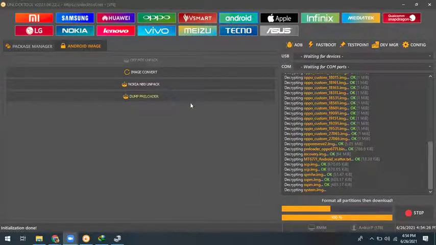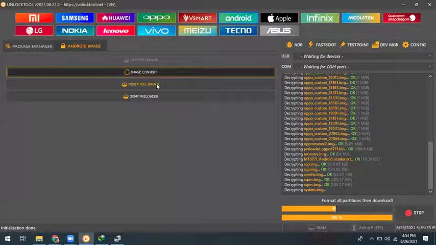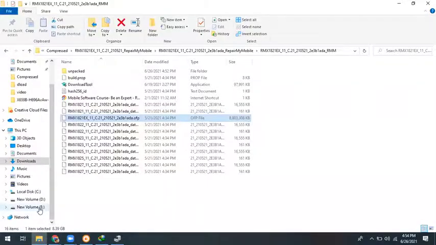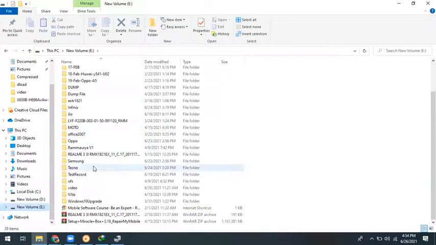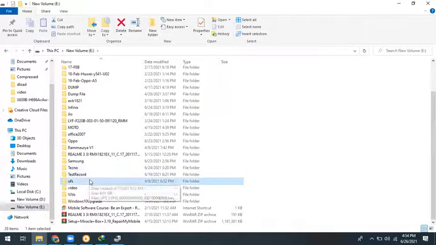And it is extracting our OFP file. Same procedure, image convert. If you're getting an image file, you can take the image file, Nokia NB0 file. How to get the Nokia NB0 file? While you are downloading the Nokia file, for example, we don't have any Nokia file.